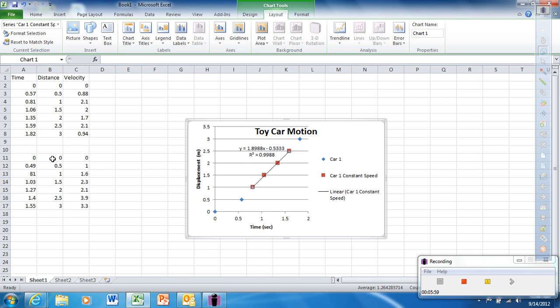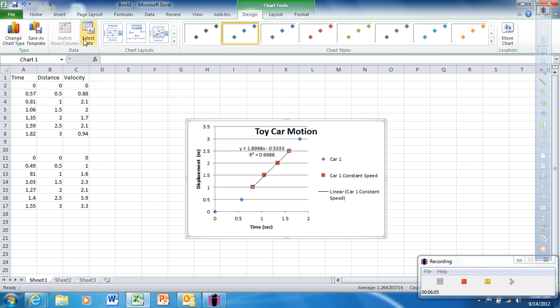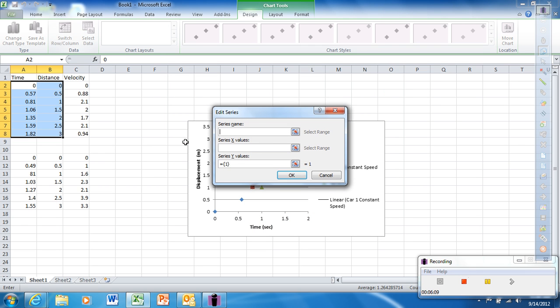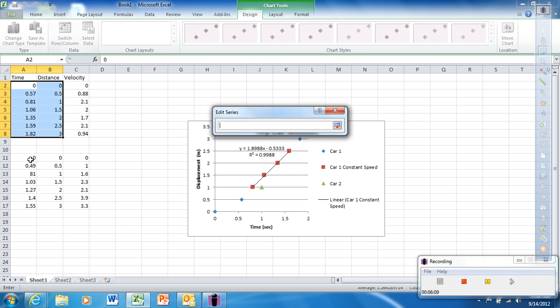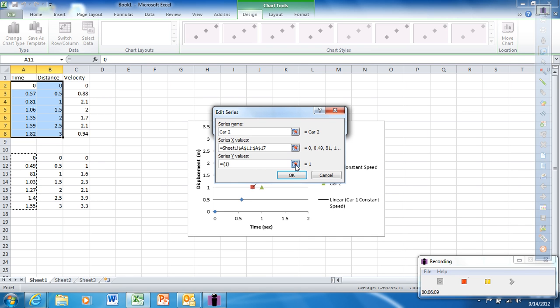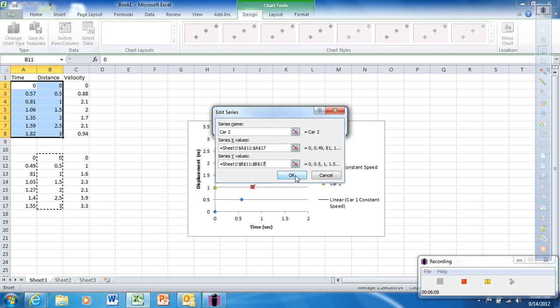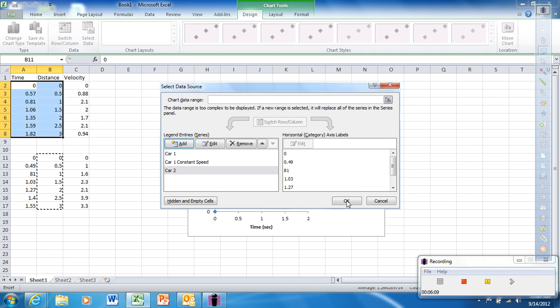I'm now going to put my car 2 data on the same graph. So I'm going to go back to Design, click Select Data again. I'm going to add another series, and this one is going to be, oopsie, I just bumped something. It's going to be car 2. My X values now are down here. I'm going to click all of the times for car 2, and I click the red arrow again for the Y's, and all of the Y data for displacement. I click OK, and if I want to see this data,